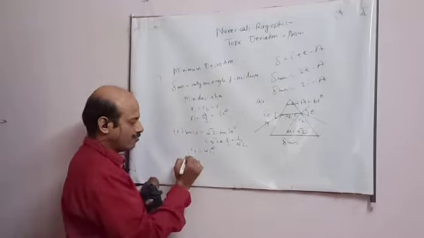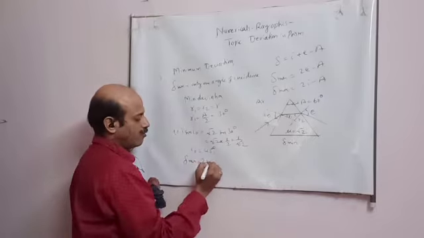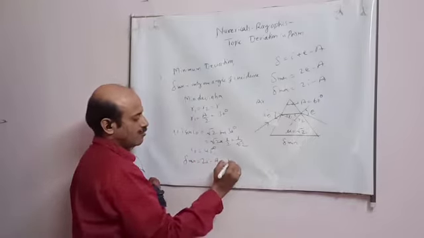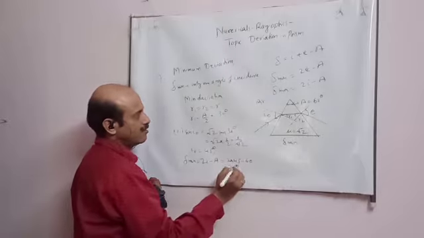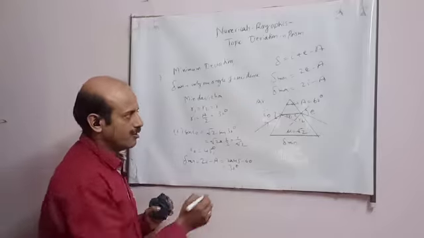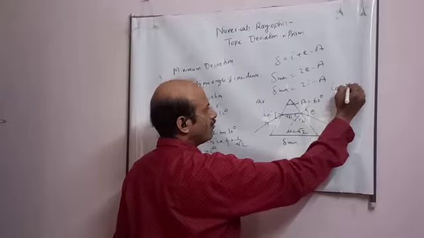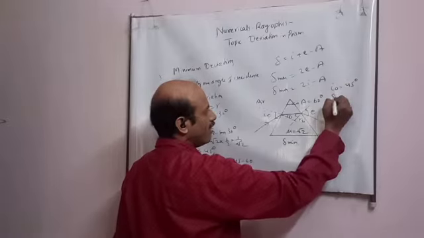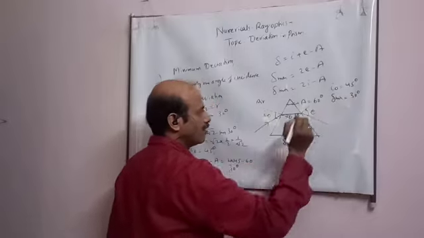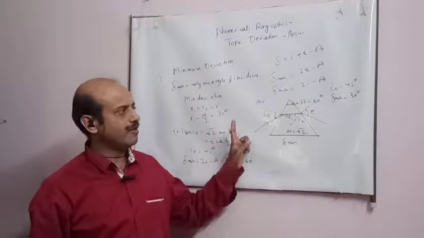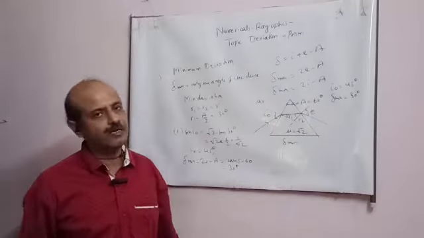Now I can find out how much is the angle of minimum deviation from this formula: 2I minus A. So 2 into 45 minus 60 is 30 degrees. So in this case, the answer which I got is angle of incidence is 45 degrees, and angle of minimum deviation is 30 degrees. Means for a ray entering at 45 degrees, it is undergoing minimum deviation. How much is the deviation? 30 degrees. This is the answer which I got.